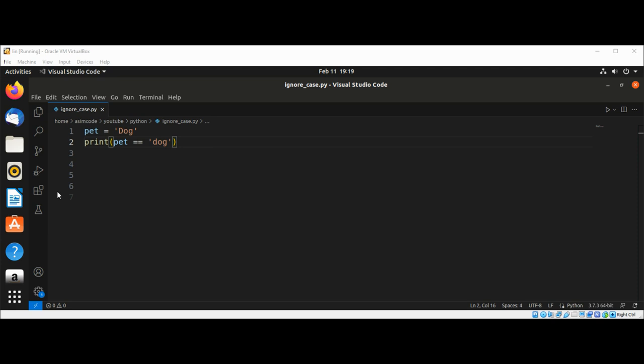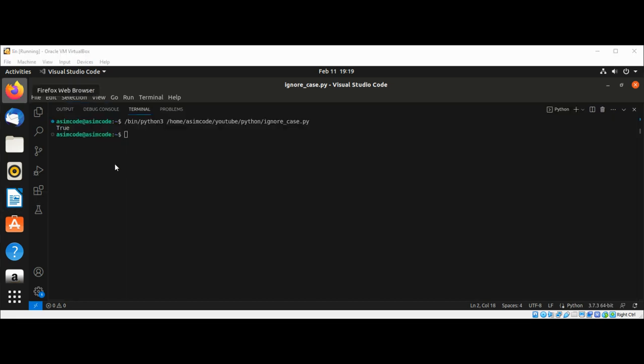If case doesn't matter and you just want to test the value of a variable, you can convert the variable's value to lowercase before doing the comparison. So we are going to call the lower function on our pet, and then compare it. So pet.lower(). Now they are both in lowercase, all the characters, and we are going to run our code again. And now this test returns true